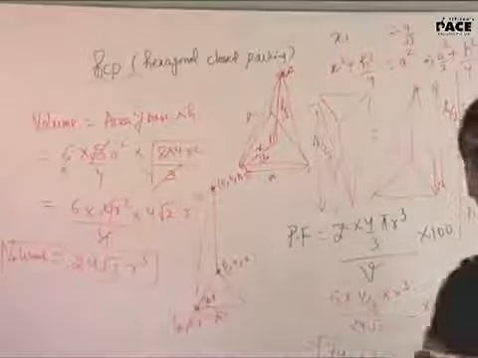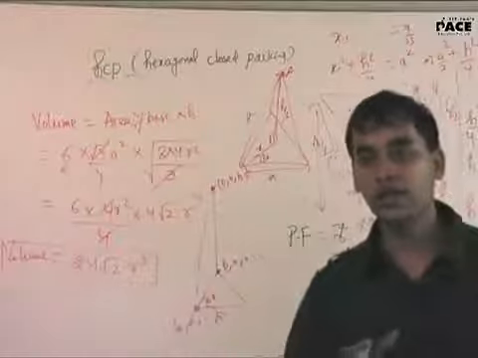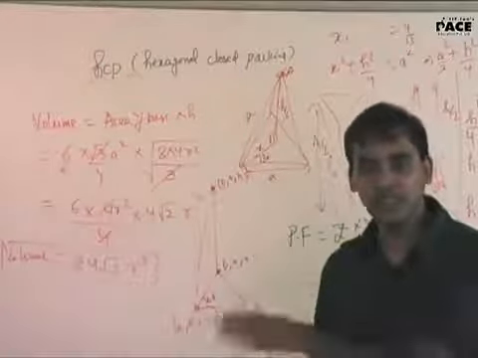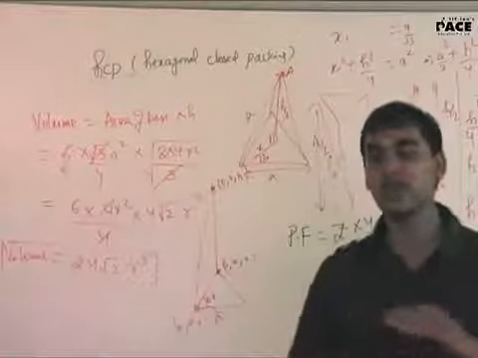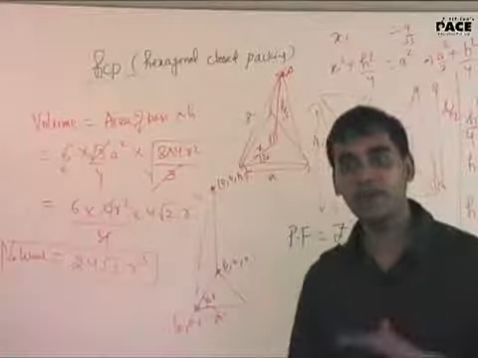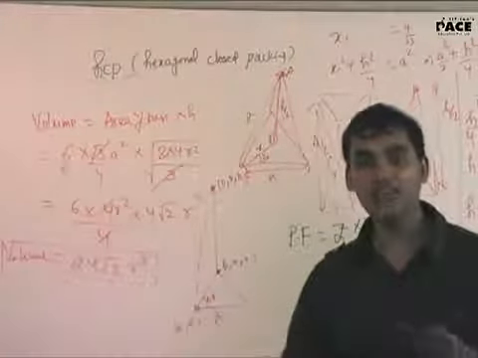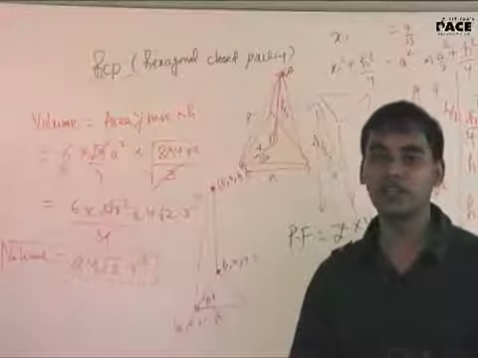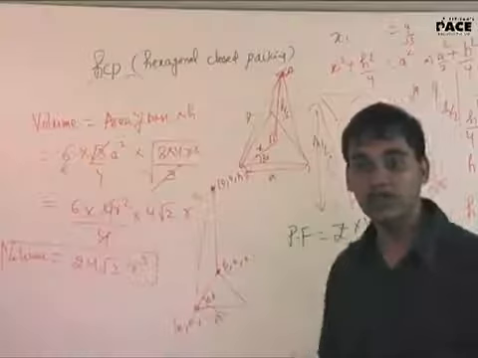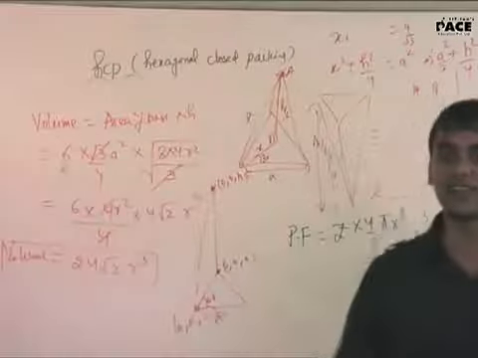See, so I can say HCP is as efficient as FCC. We'll come to know what is the basic difference between HCP and FCC just after you solve this. We will do something known as AB-AB type of packing and ABC-ABC type of packing. When it is AB-AB type of packing, it is known as HCP. And when it is ABC-ABC type of packing, it is known as FCC. Why are we discussing these two? Because both of the packings are equally efficient, because the packing fraction of both is coming out to be exactly the same.